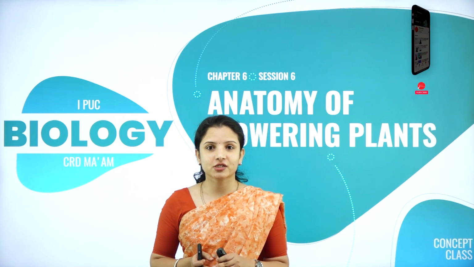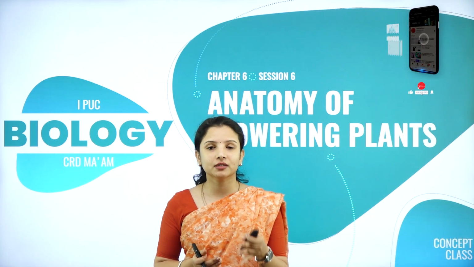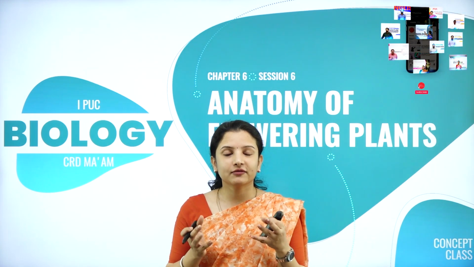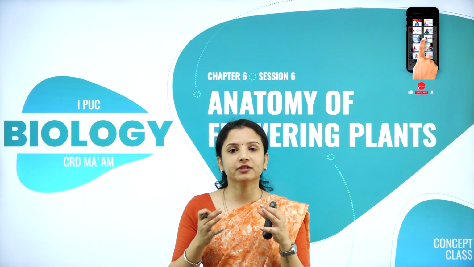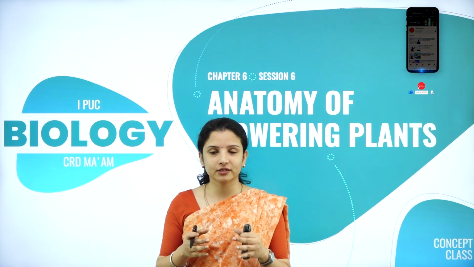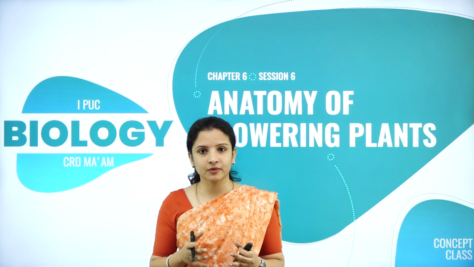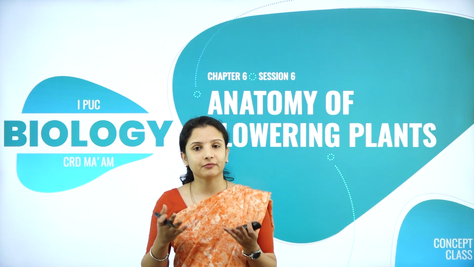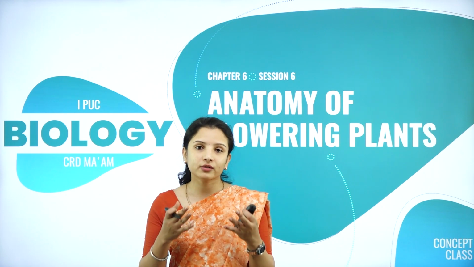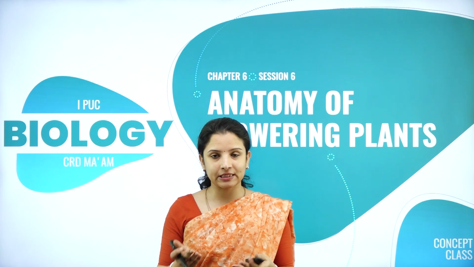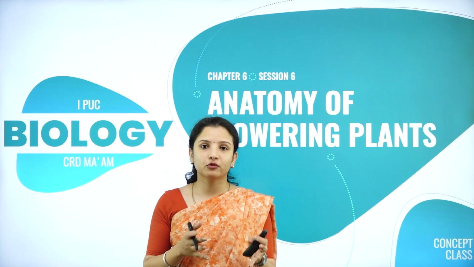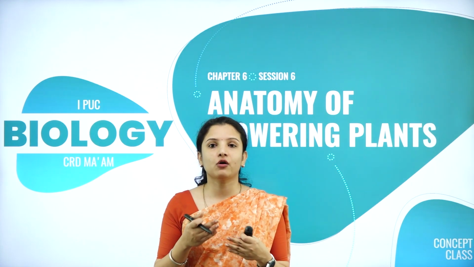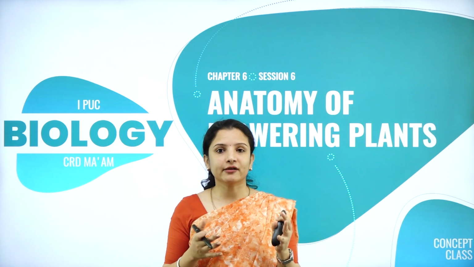So in the previous session, we had studied about the dicotyledonous stem and the monocotyledonous stem. What are the different type of cells or tissues that are present inside the dicotyledonous and the monocotyledonous stem. And I had told you that there is no major difference between the dicot stem and the monocot stem, only with respect to that of the stele. So when we see the stele of the monocot and the dicot stem, one major difference that we can identify is with that of the pith.